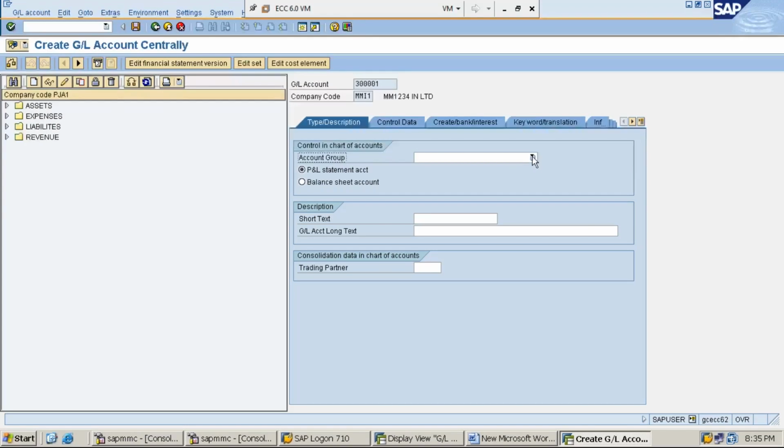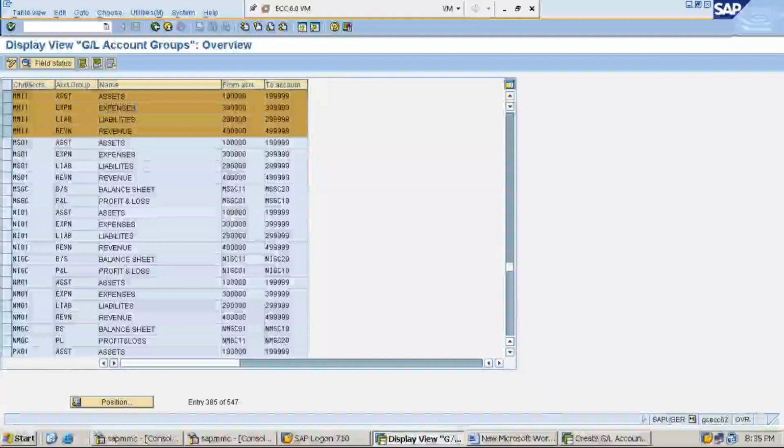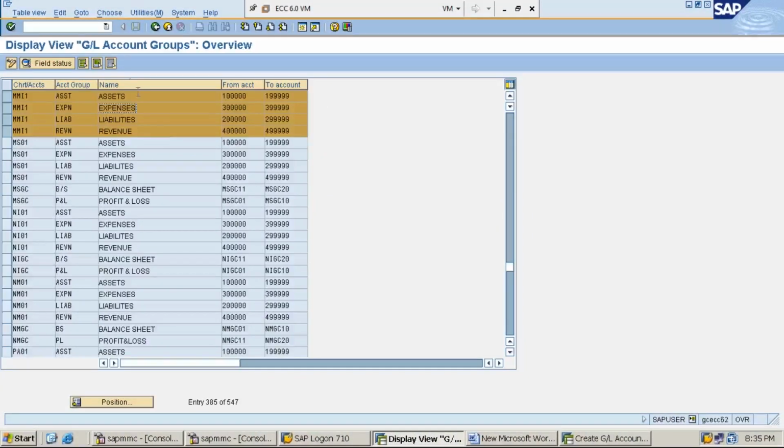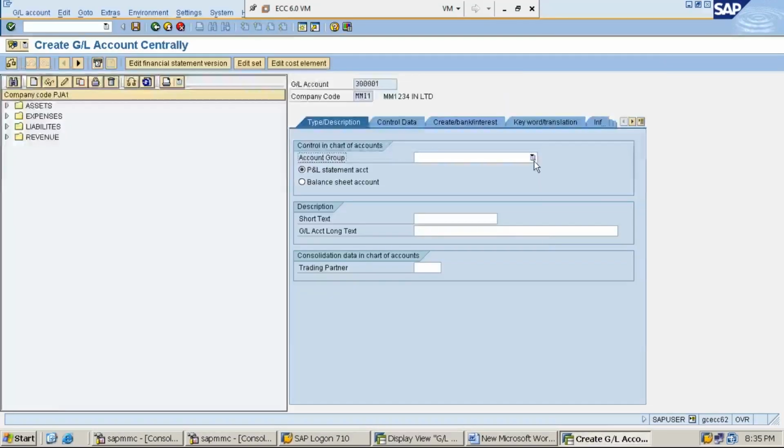Observe the screen carefully. If I click on this icon, account groups will appear here. How many account groups have we created? Totally 4 account groups: assets, expenses, liabilities, revenue. Whatever account groups we have created will appear here when I click on this icon.